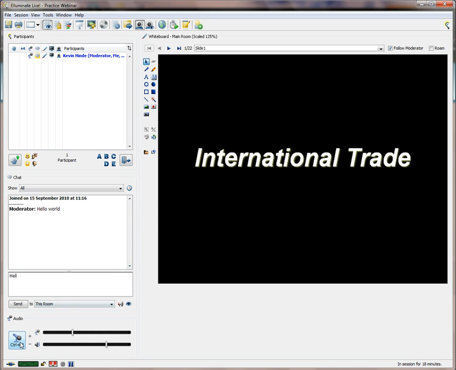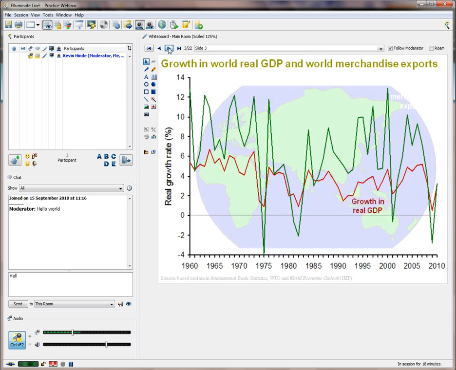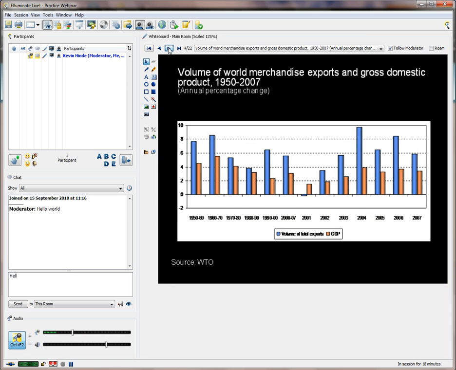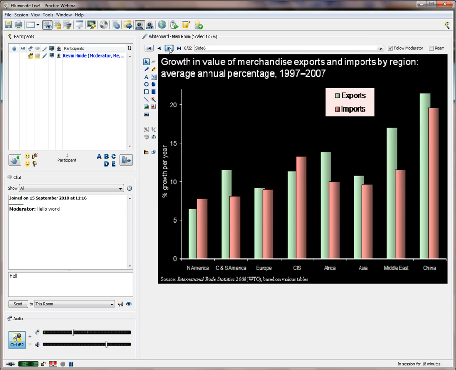and then you'd obviously start speaking to the students, and you need to speak to the students by pressing Control F2, and you are now talking to your students. The students would be in here, and you can now present. So you go through slide 1 and slide 2 and 3 and talk to these slides and so on,